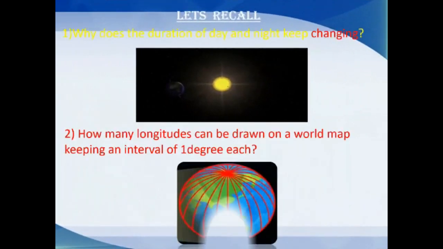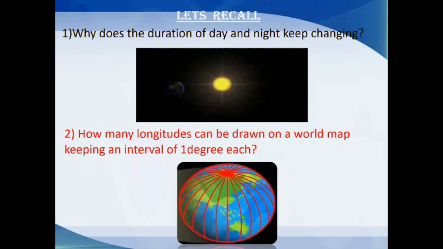So students, let's recall what we have studied. Why does the duration of day and night keep changing? The answer for this question is the change in the duration of day and night keeps changing because of the rotation of the earth on its tilted axis. The earth is tilted at 23.5 degrees